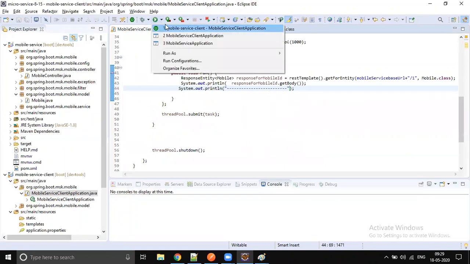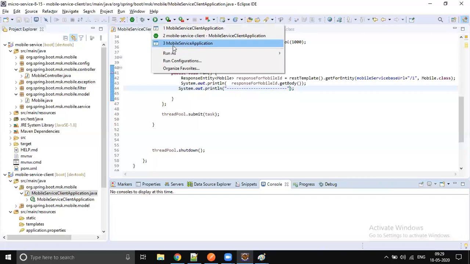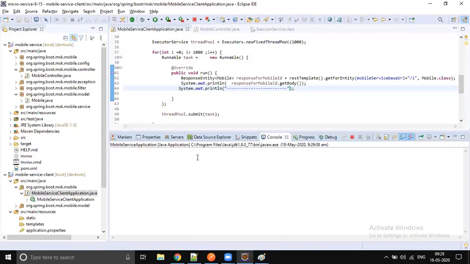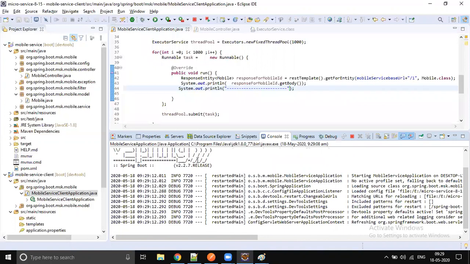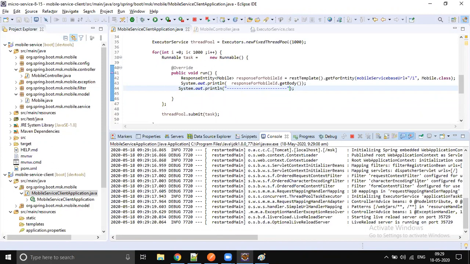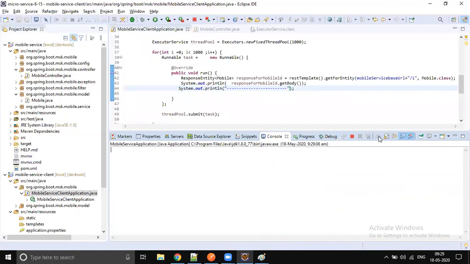Let's start the service, which is the mobile service, not the client application. First, let's start the service. Yeah, the service is started. It's running on port 88.